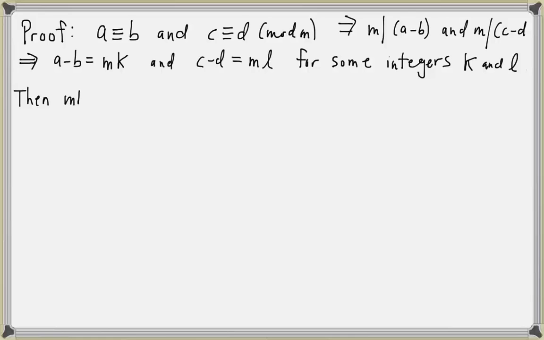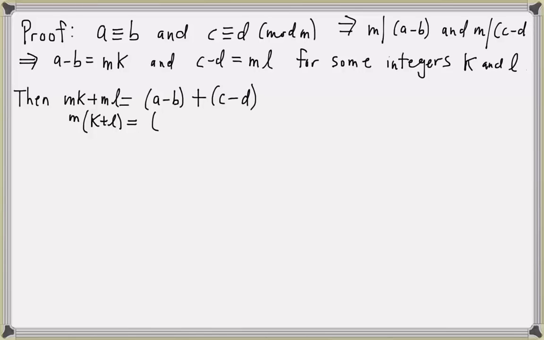Then MK plus ML will equal A minus B plus C minus D. And if I factor out an M from both terms on the left, M times K plus L equals, let me